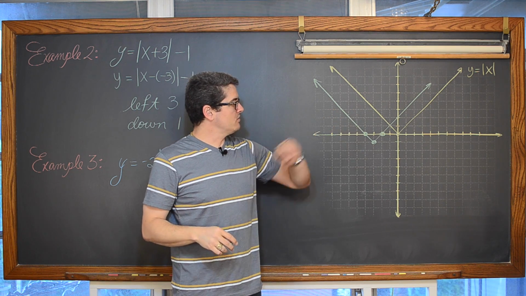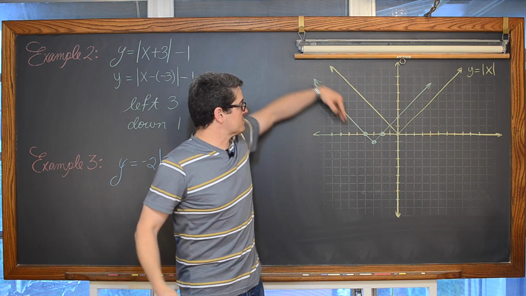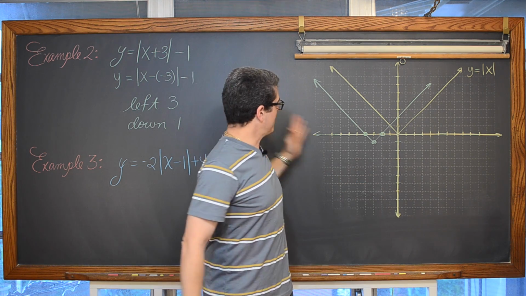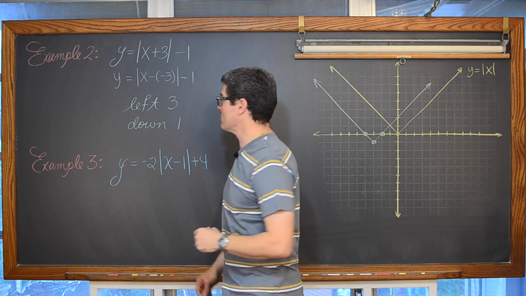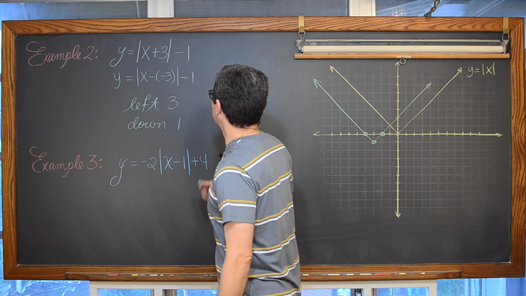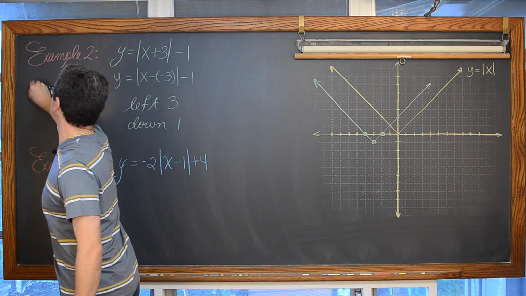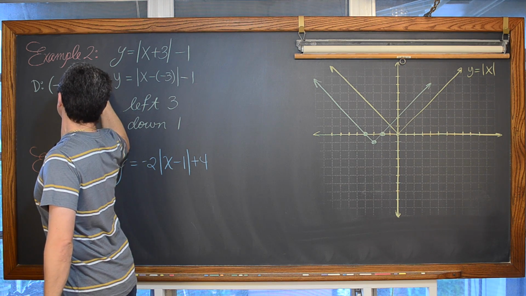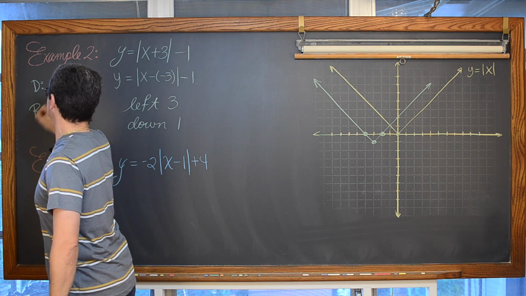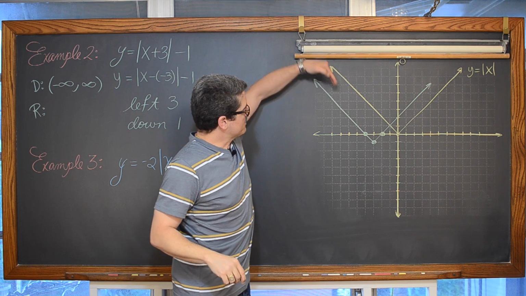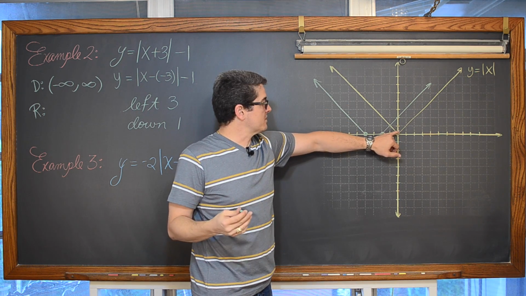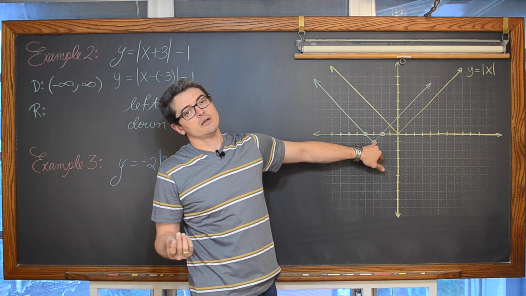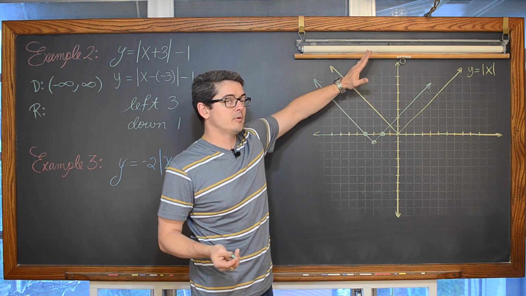Now for that green graph, the domain, this is opening up forever. This graph will include all of the possible x values as it moves left and right, because the horizontal axis is basically our x value. So domain is going to be from negative infinity to positive infinity, and the range, that graph goes down. Well, the original parent function goes down to 0, 0, so the smallest y value is 0, but now the smallest y value is negative 1, and it goes up from there.